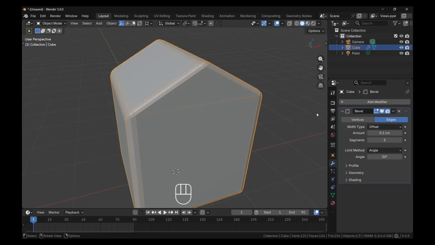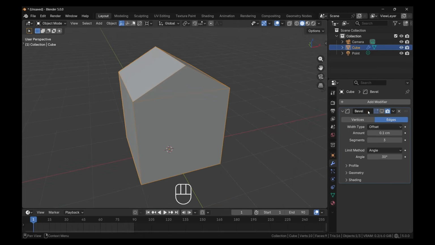And unlike without the modifier, I could adjust this. I could turn this off, or I could turn it on and come back and edit this at any time that I want. Whereas before, if I did not have a modifier, it will be destructive. That is what we call destructive modeling. This is called non-destructive modeling because we could come back and edit it at a later time. This was just one example to demonstrate what a modifier is and what a modifier does. It's one of the many modifiers that you'll be using